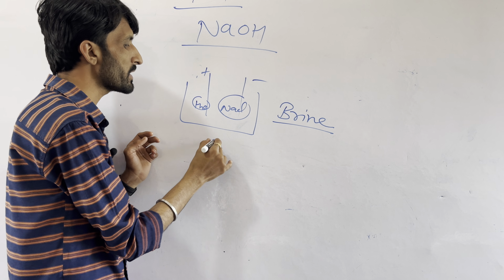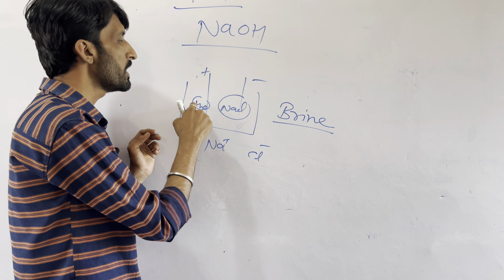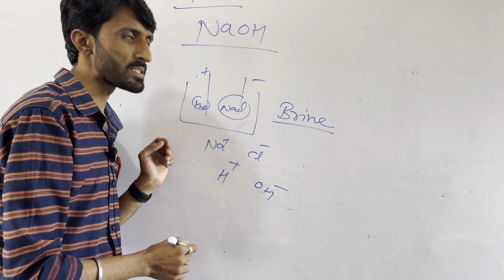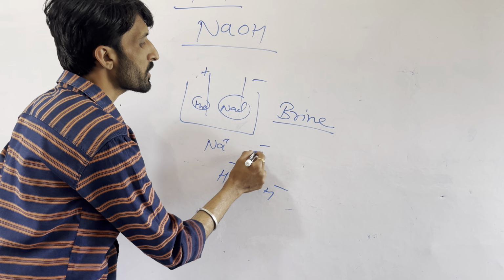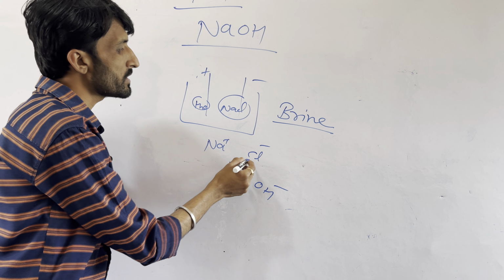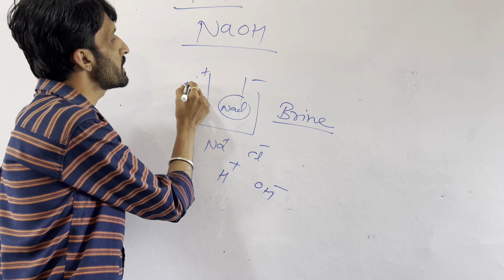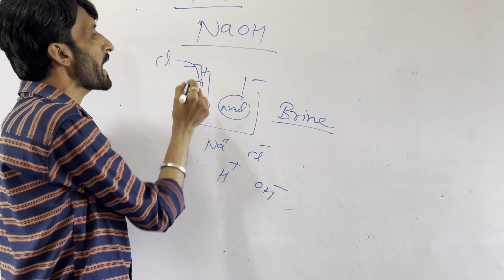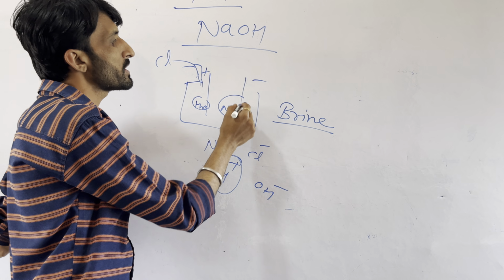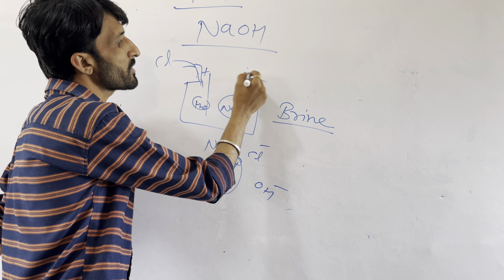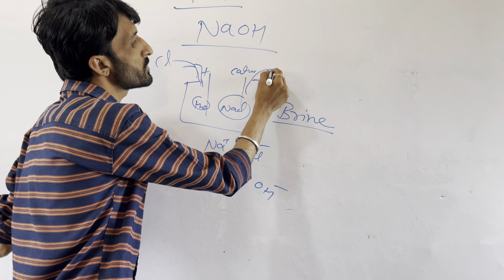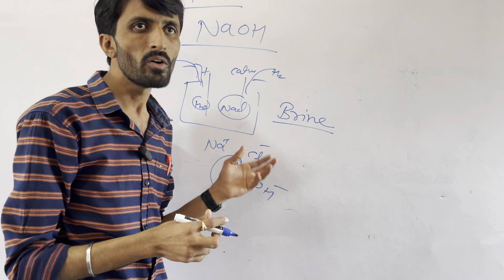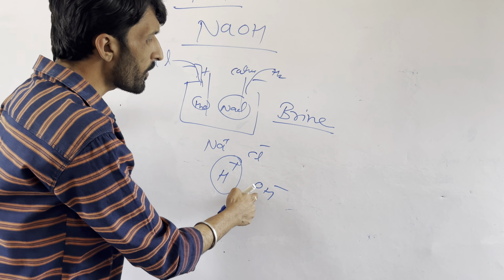this NaCl is broken down into Na+ and Cl-, and the water is broken down into H+ and OH-. So chlorine is a negative charge, so it is negatively charged, so it is passing from here. One outlet is there. From here the negatively charged chlorine is going in the form of gas, and this positively charged hydrogen is going from this negatively charged cathode. So from here hydrogen is going, from here chlorine is going. Respective opposite charges pass, in the form of gas.